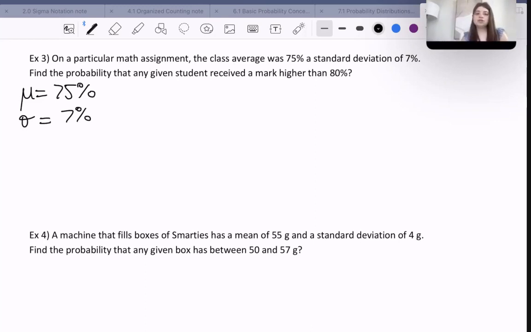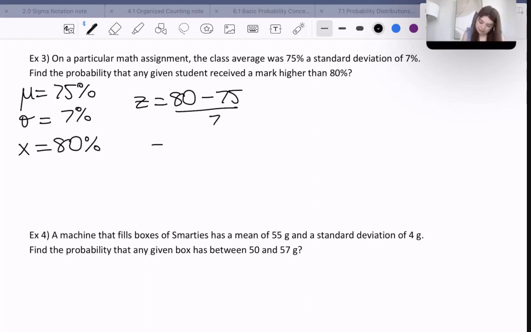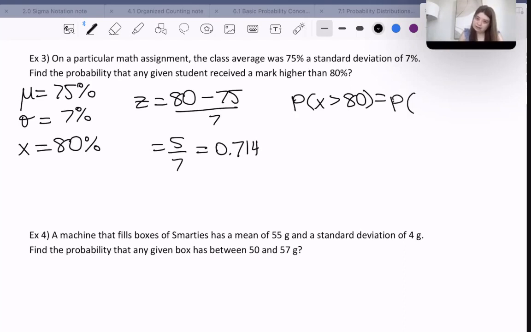And we want to know, what's the x we're trying to figure out? We want to know the probability that somebody got higher than an 80. So our z-score in this situation would be 80 minus 75 over 7, which is going to be 5 over 7, which is going to be 0.714. Okay, so that means the probability of x being greater than 80 is the same as the probability associated with the z-score being greater than